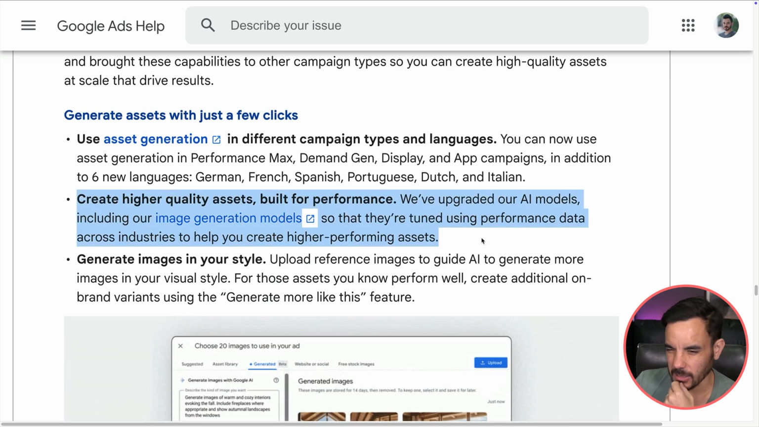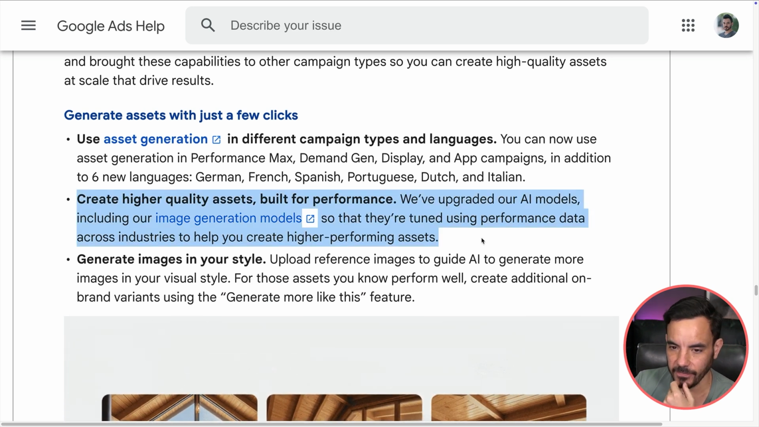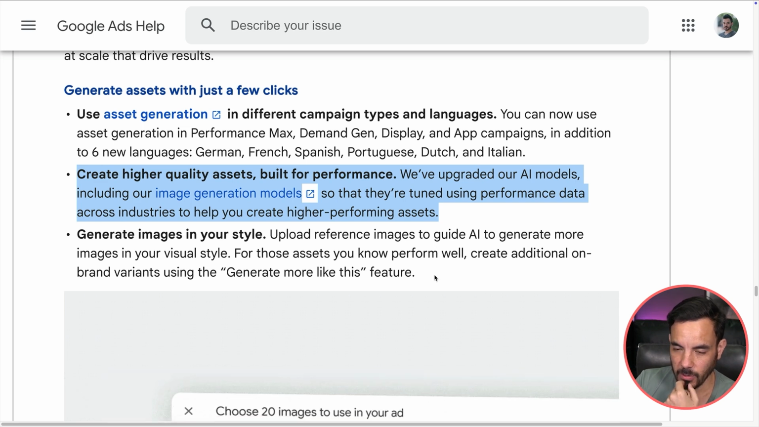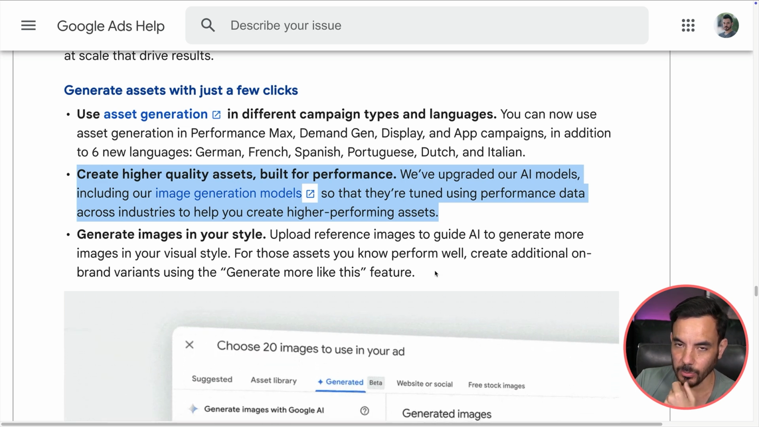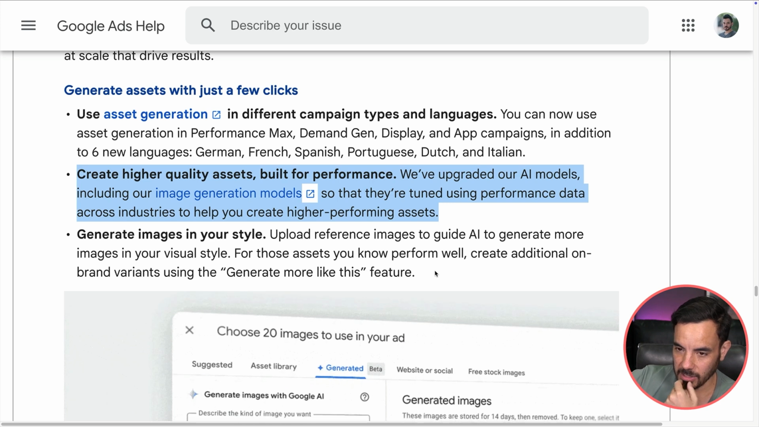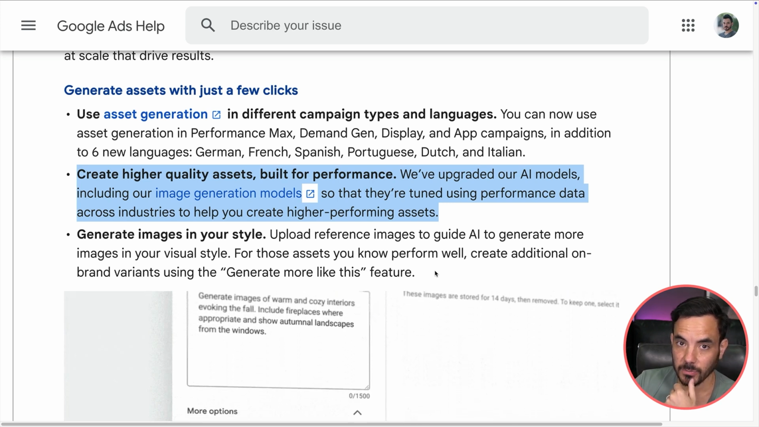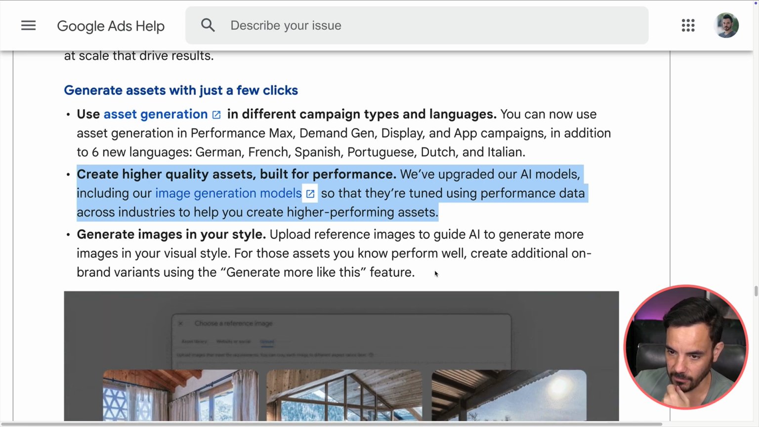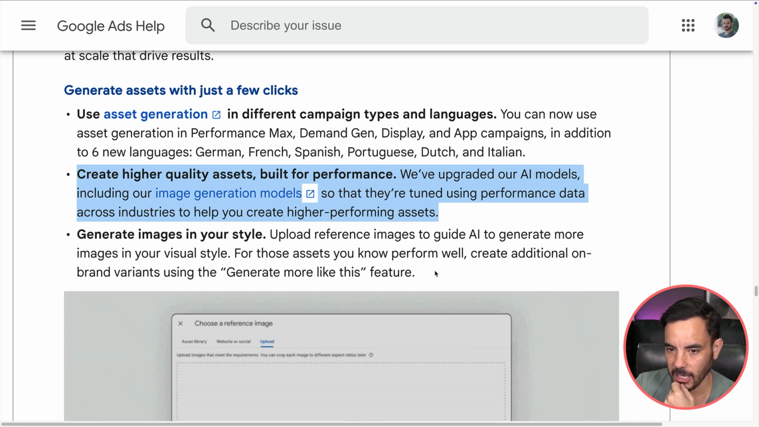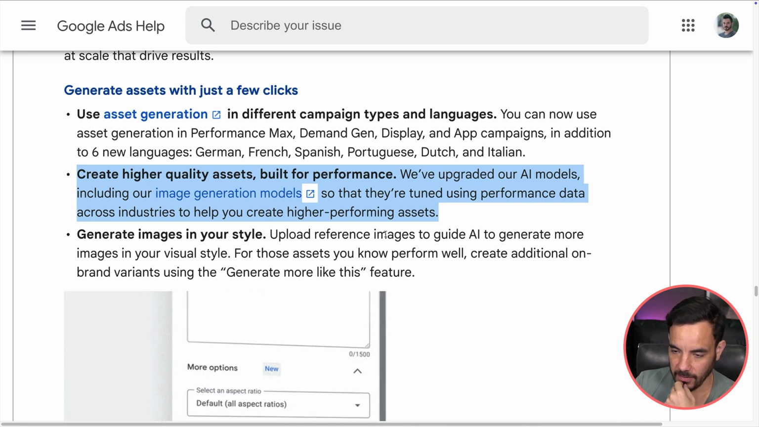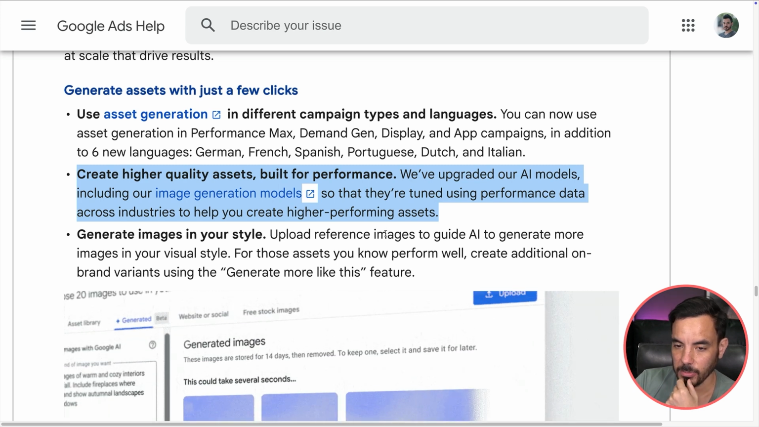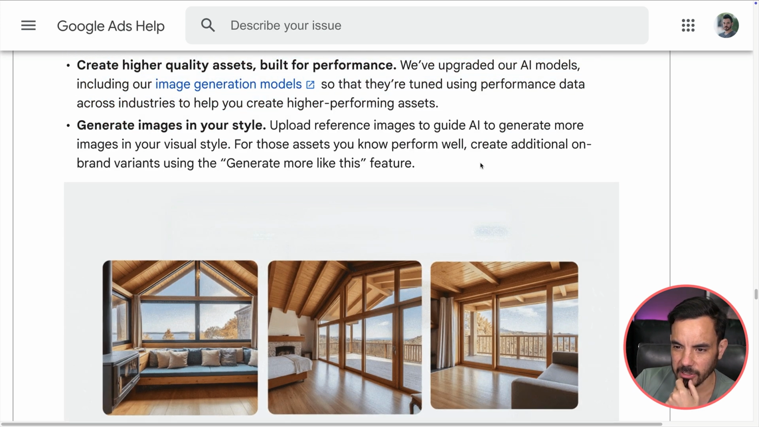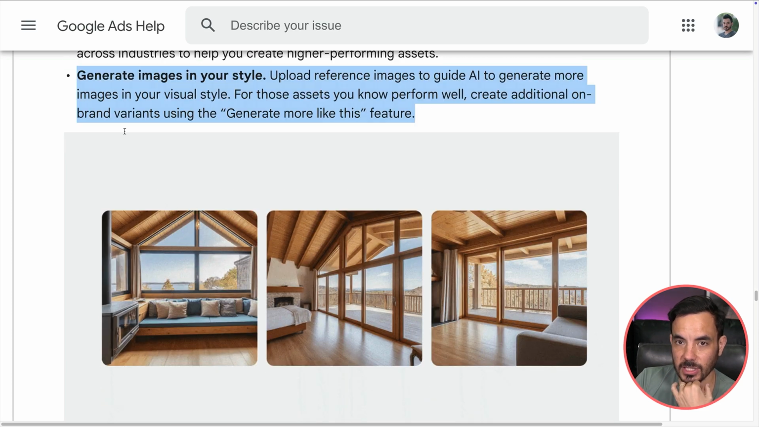So they've upgraded their AI models that generate these assets. So I don't think this is at the point where it can replace normal creative production just yet, but it's good to do alongside normal creative production. So have your normal process for creating your image and video ads, but also you can now start testing out Google's asset generation and start mixing that in to see if you can get higher performance with some of these AI generated creative options. And yeah, you're getting more control now, so you can generate images in your exact style,